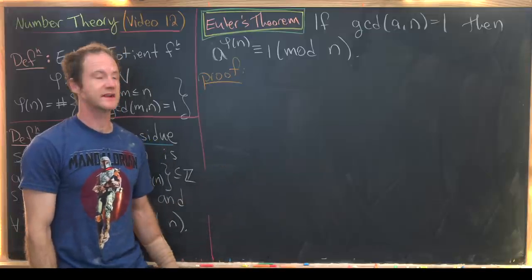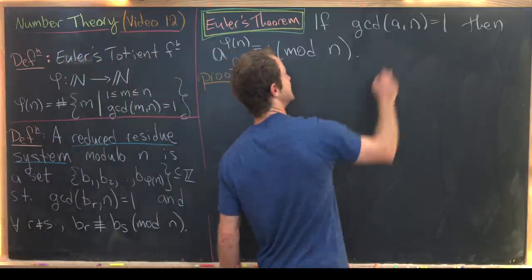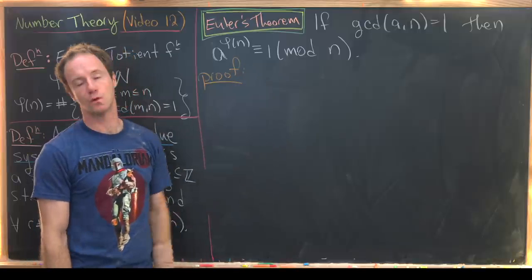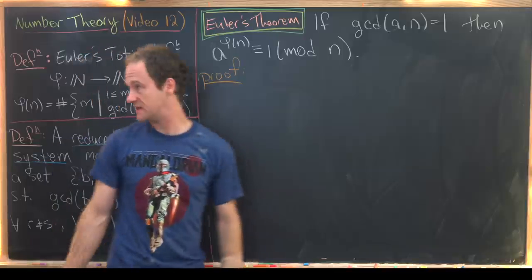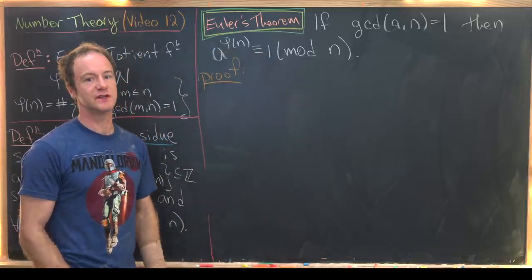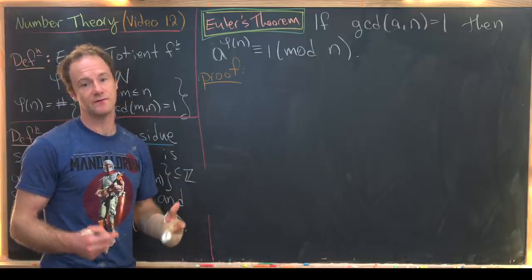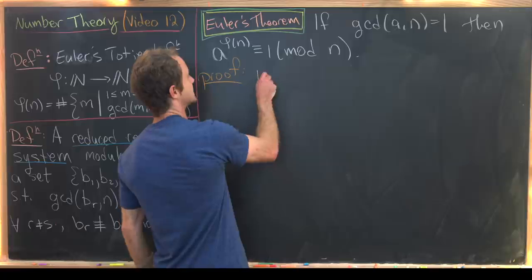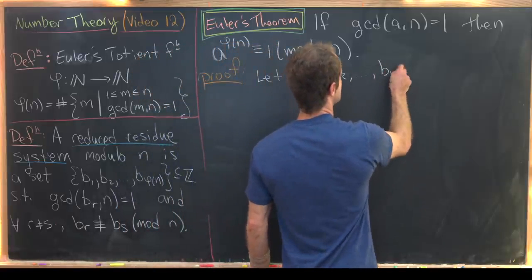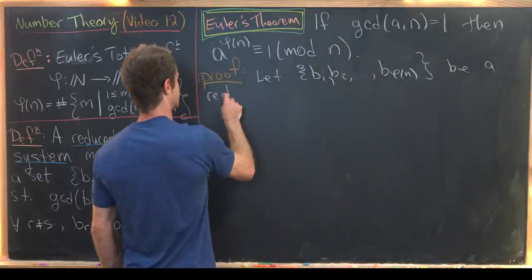Now, armed with our previous lemma, we're ready to prove Euler's theorem, and that says if the GCD of a with n is 1, then a to the phi of n is congruent to 1 mod n, where again, phi of n is this Euler's totient function. Okay, so since that lemma used the notion of a reduced residue system, the proof of this theorem should probably invoke reduced residue systems. So let's let b1, b2, all the way up to b phi n be a reduced residue system